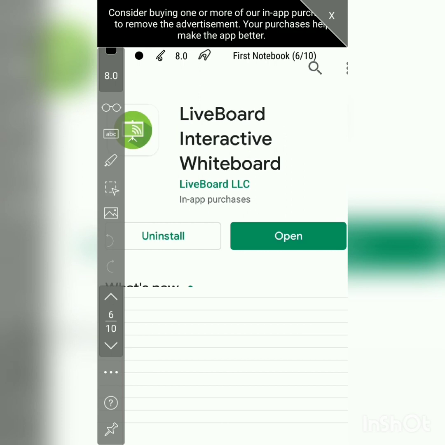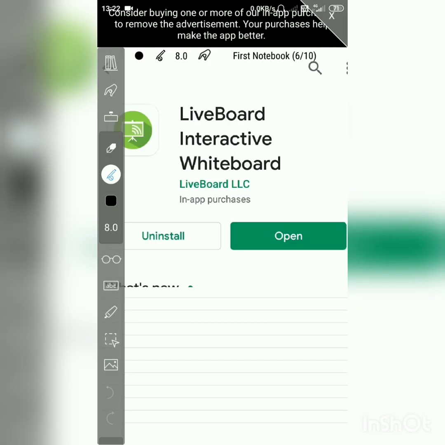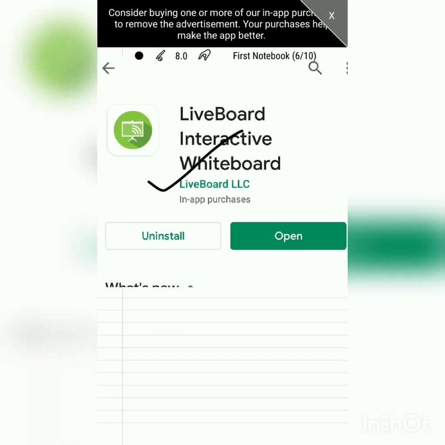Those are Liveboard Interactive Whiteboard. With this app we can record any video and draw any symbol, and for this app we don't need the A to Z Screen Recorder, because directly in this app we have the recording option.